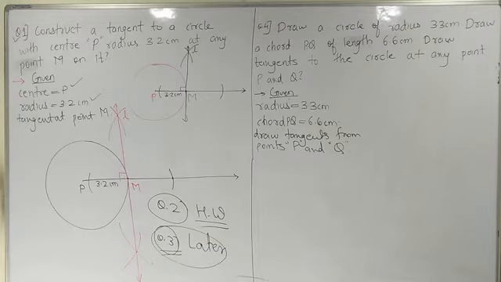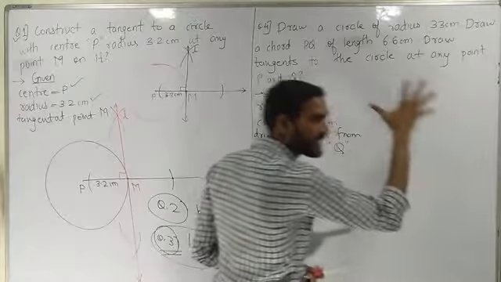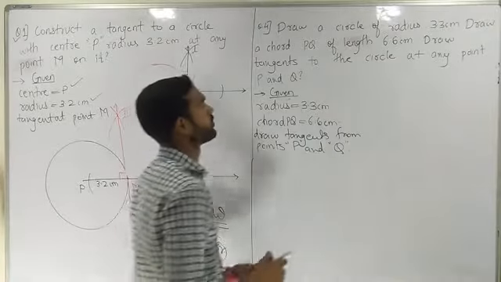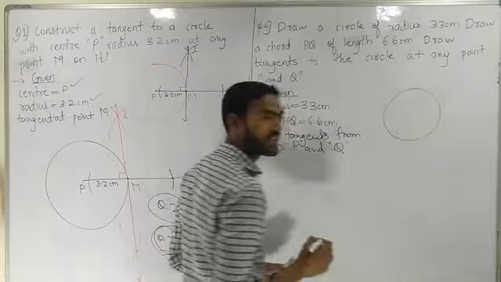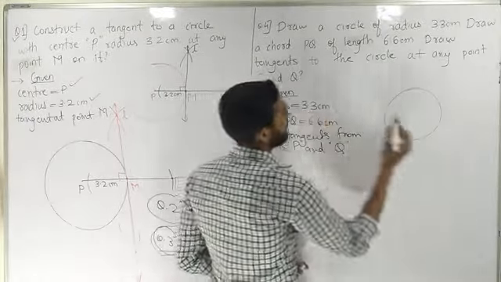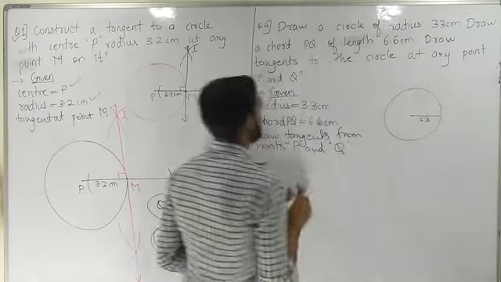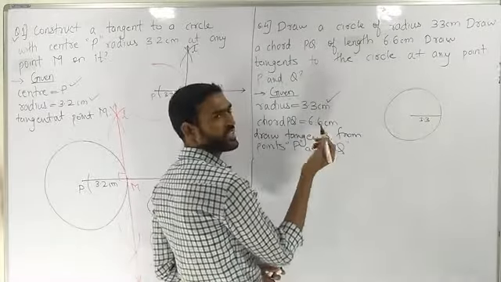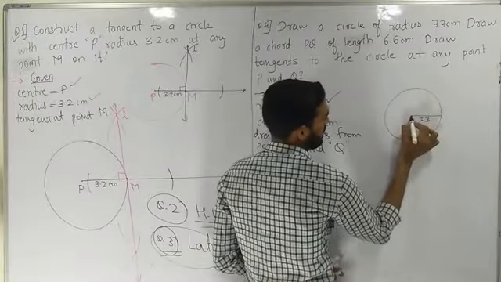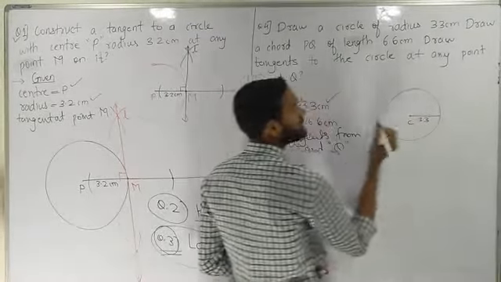Now what we'll do? Before doing any construction, what we'll do first? First we'll draw its rough diagram. So I am drawing a rough circle. This is my rough circle. The radius is 3.3 centimeter. Radius done. Next, do we know the center name? No, I don't know. So I can take any name except PQ. PQ I cannot take. I am taking center as C.